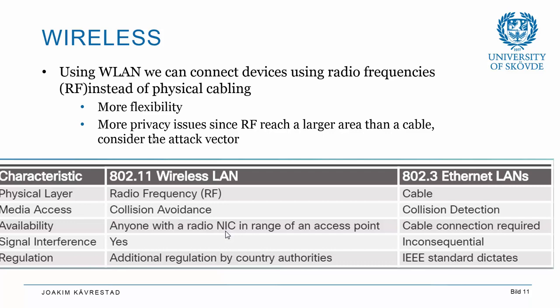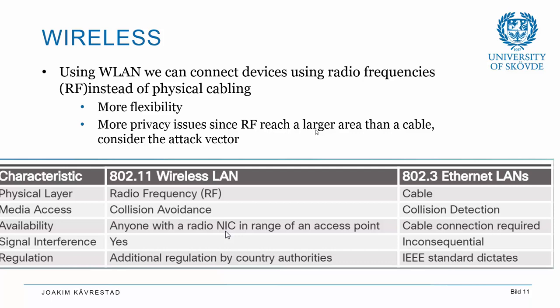I often don't even have to be within the same building as the access point. So, trying to compare wireless local area networks using the 802.11 standard with Ethernet local area networks. On the physical layer, the media, we use radio frequency instead of fiber optic cable or copper cable. The media access part is not something that I want to discuss with you because that would take too much time. The availability is that anyone with a radio NIC or wireless NIC that is in range of the access point can, in theory,